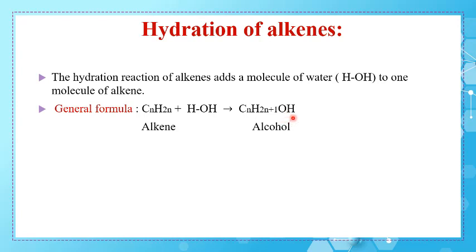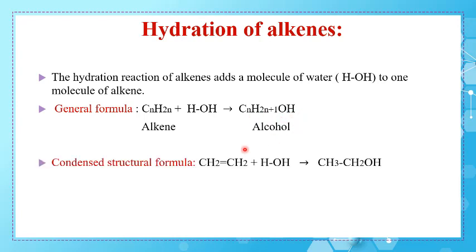Why OH? Because OH represents the functional group of alcohol. So the general formula of alcohol is CnH2n plus 1OH. If we take the condensed structural formula, for example, we take the ethene plus HOH, and in presence of catalyst H3PO4 or H2SO4, we must add first H on the first carbon atom and OH on the second carbon atom. These two carbon atoms are just next to the double covalent bond, so the product becomes